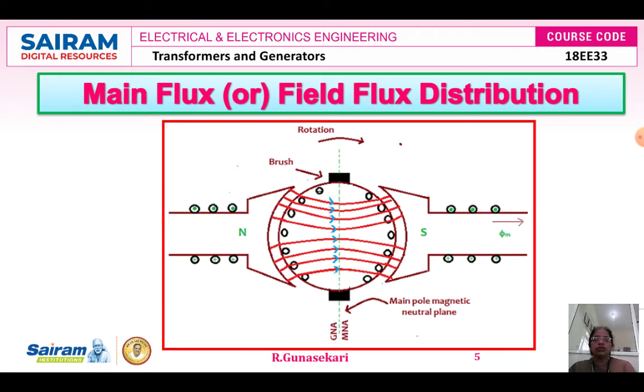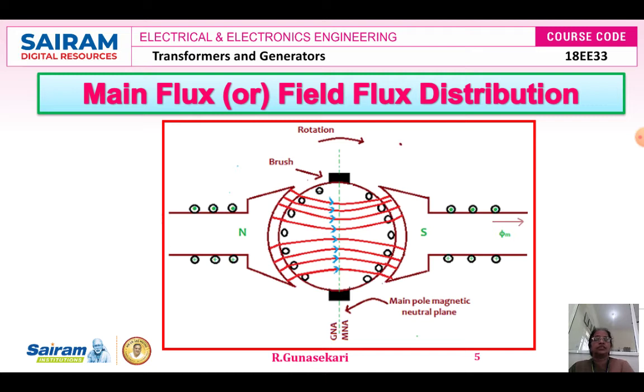So the north pole, the top one is the dot mark, below one is the plus. Similarly, the south pole, top one is the dot mark, the bottom one is the plus mark. That means the plus and dot indicate the current direction. So in the middle, the magnetic flux lines, the arrow mark from north pole to south pole, indicate the direction of the main field flux, which is represented here as phi m. Phi m is known as the main flux.